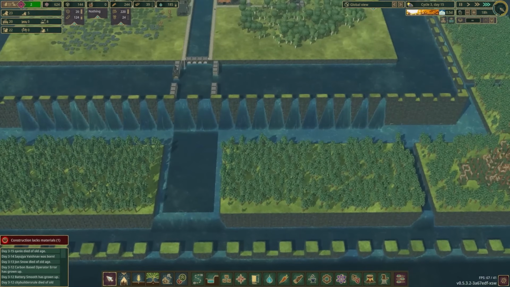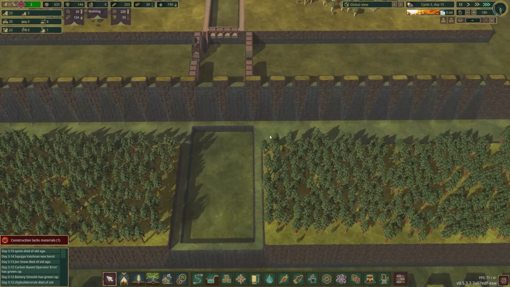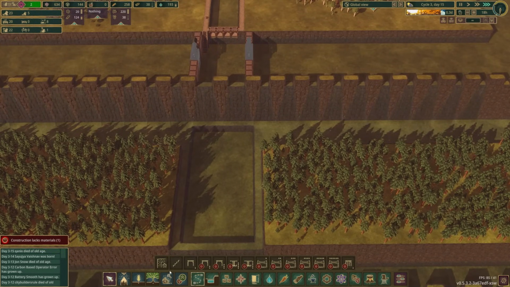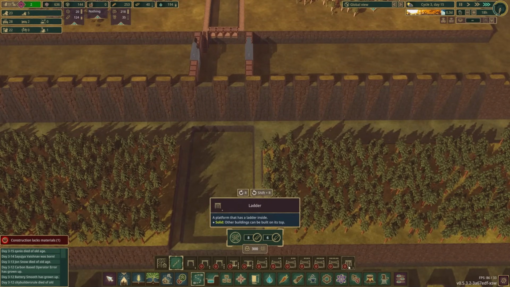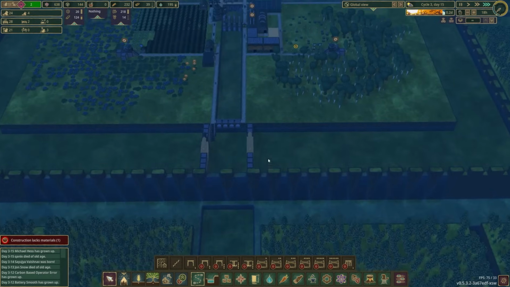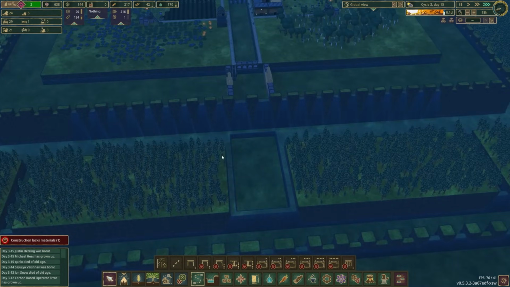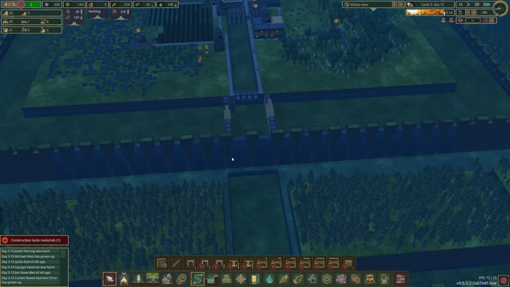Now, since we don't have any problems with our bad water this time around, what I think I want to do is try to get... Do I research the ladders? Because I want to get down here so I can harvest all of these trees. I think that would be smart. Because they're going to die as soon as the bad water gets here anyway. So maybe